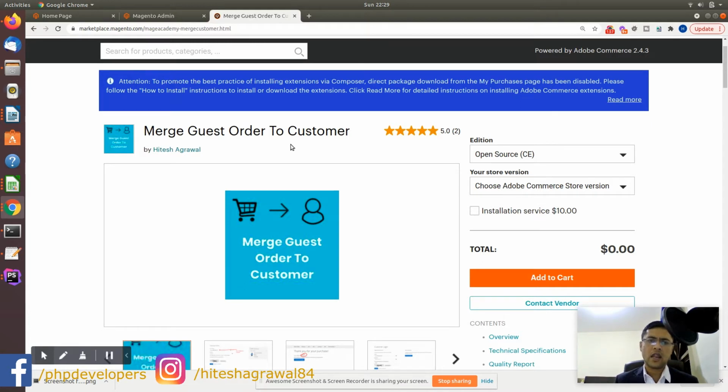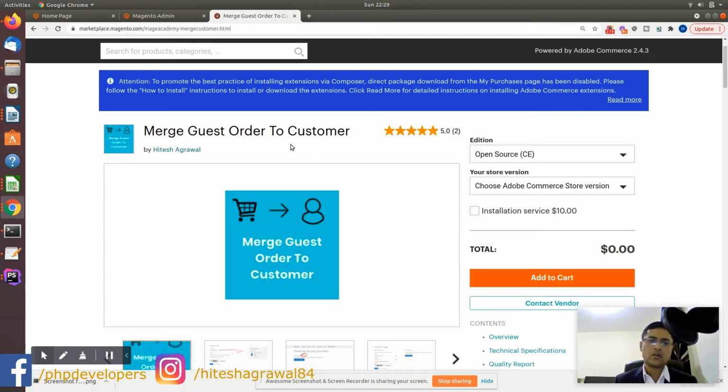This extension will help with that, so your customers can see their previous orders in their account. As soon as the customer registers, all his previous orders which he placed as a guest will be merged to his account.